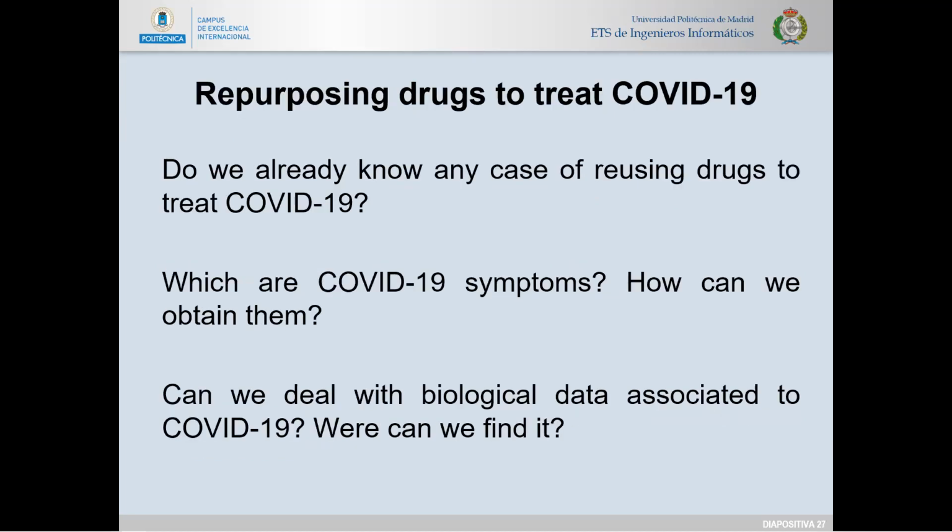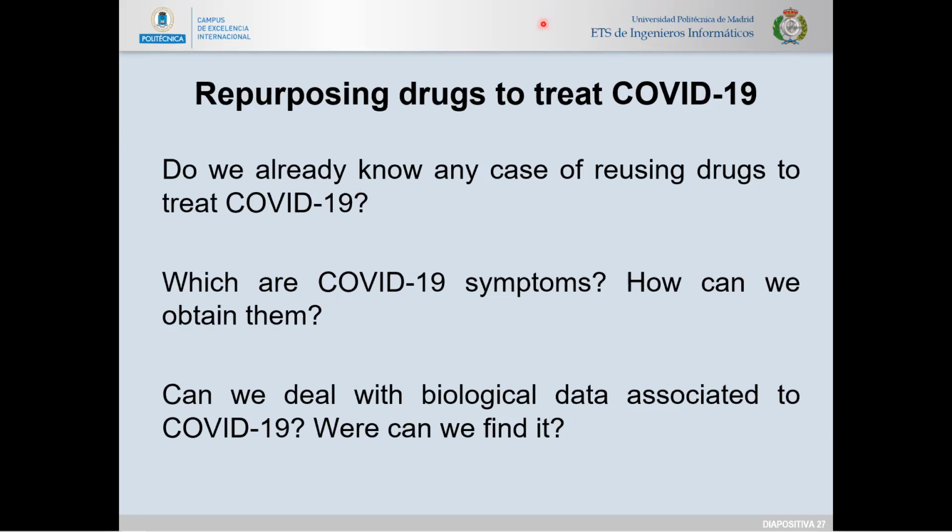So once we have something that is good for drug repurposing, we have the data and it works. Now, how can we propose treating COVID-19 with this data that we already know is useful for this? So I wanted to ask you very quickly if you already know any case of drugs that have been repurposed for COVID-19. There are two that are quite famous and that have been talked about. Paracetamol. Well, that one I wouldn't say has been repurposed for COVID-19 because it has been used for COVID-19, but I think there are other cases that are more, let's say,